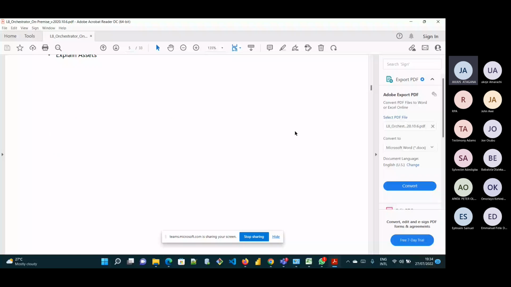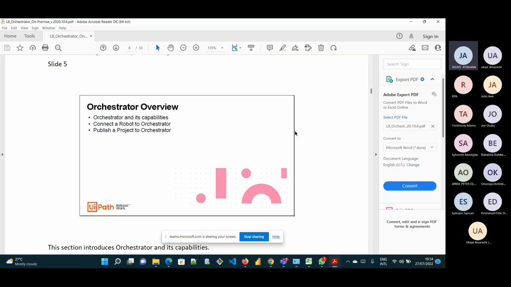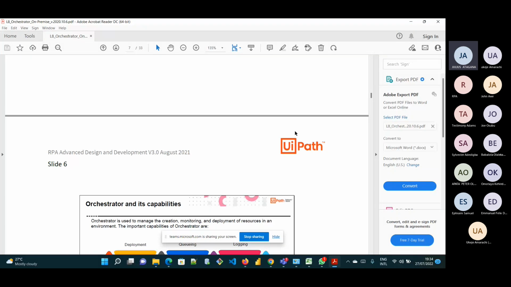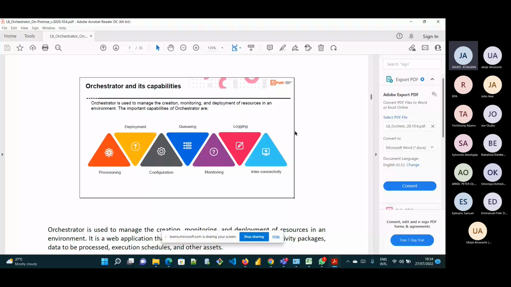So in a business setting, we'll be talking about how the orchestrator can run the processes. Now, we'll have what we call the provisioning, deployment, configuration, queuing, monitoring, logging, and interconnectivity. I just talked about interconnectivity.